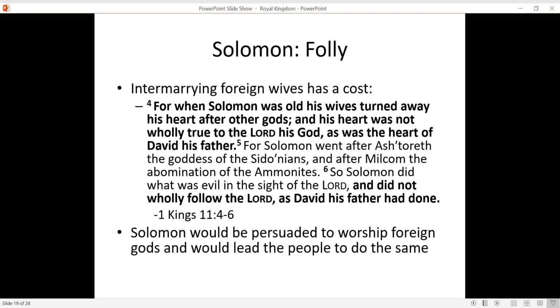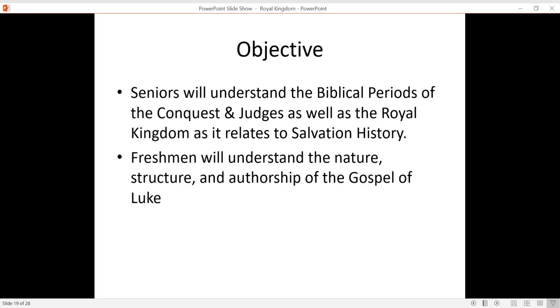Eventually, Solomon would be persuaded to worship those foreign gods and would lead his people into idolatry, which is one of the greatest sins imaginable. But again, it's a sexual sin. It began with him not honoring what God established, the marriage between a man and a woman. It's continuing that sin of Lamech, if you remember him, the one that began multiple wives, right? And it continues the pattern we have in human history.